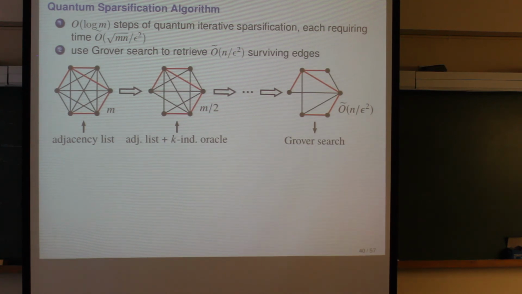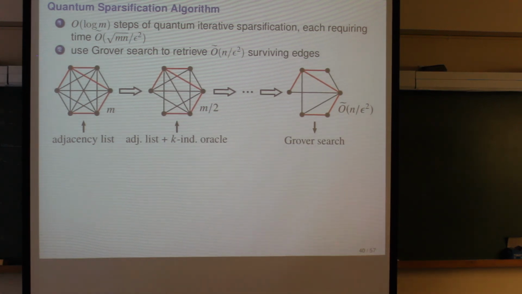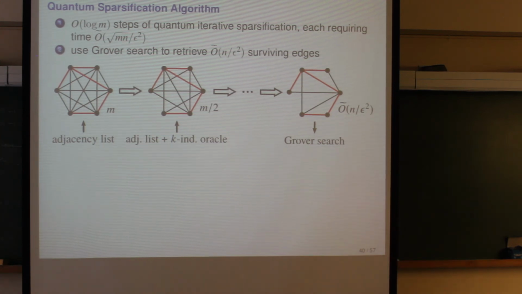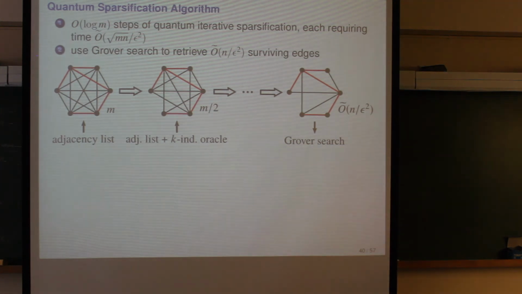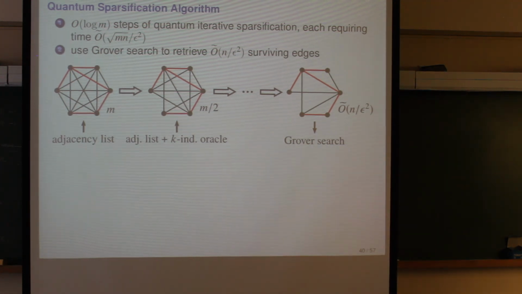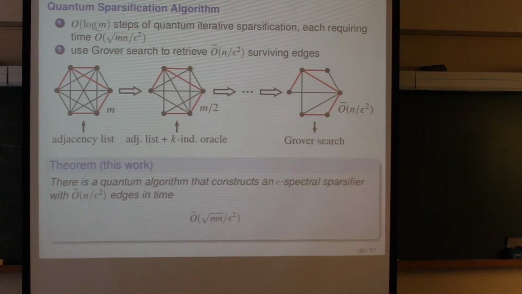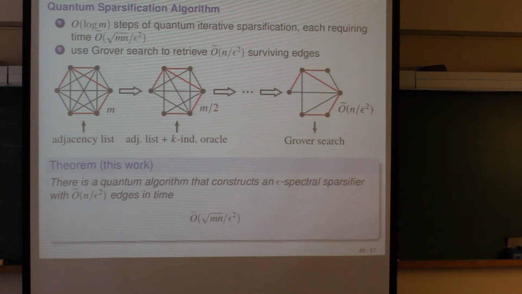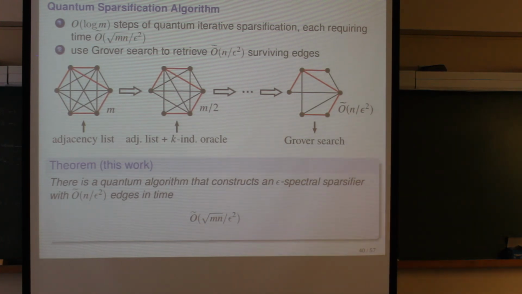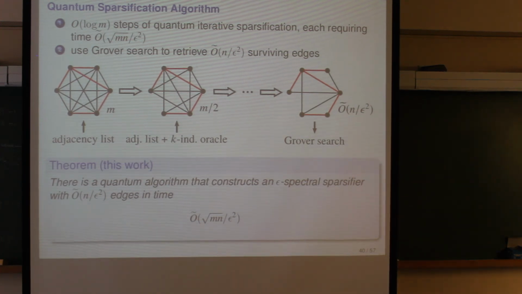And then in retrospect, you replace this uniformly random string with a random string which is just square root mn over epsilon squared independent. Yeah, and so the preprocessing time basically scales with the runtime of the algorithm. So that's why you can always do it for free. So this gives us the following algorithm. We find an epsilon spectral sparsifier with n over epsilon squared edges in time square root mn over epsilon squared, which is not quite what I promised.